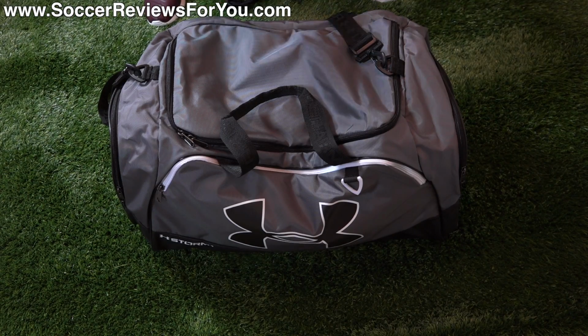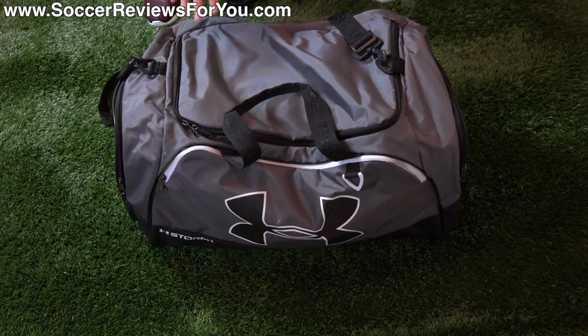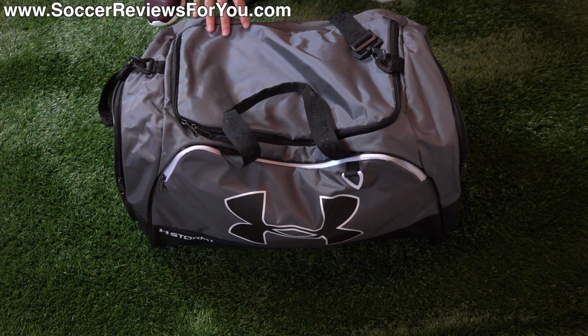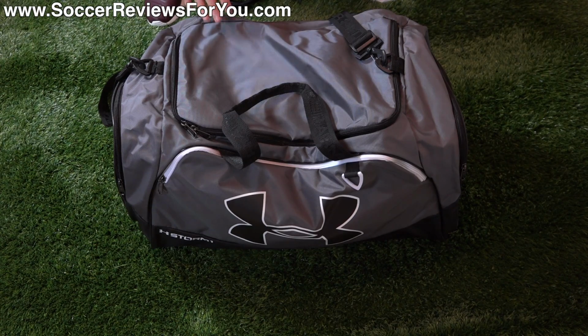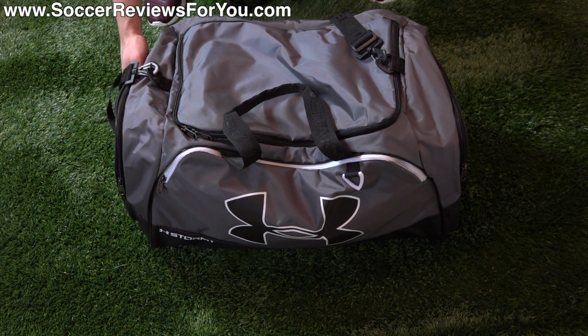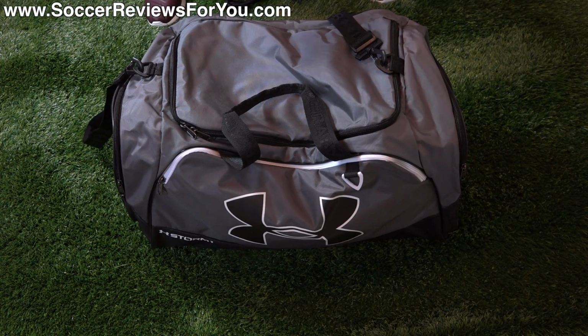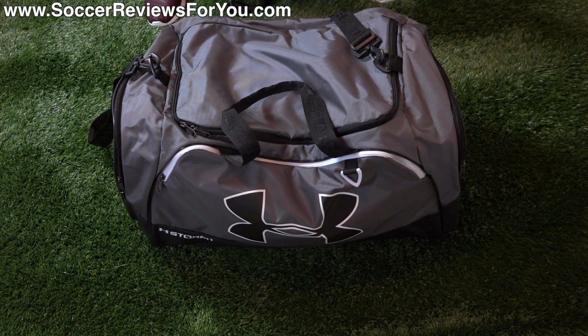Alright, so as you guys can see, I got a new duffel bag this month. This is one that I've had before, just in a different color variation. I really like this though. This is the large size of the Under Armour Undeniable Duffel Bag 2. It's the second variation. Really good quality materials, super heavy duty zippers. It's got the weatherproofing on the bottom, all the straps you can need, pocket on the front, pockets on the side, then obviously a big central compartment as well. This guy retails for $55, and like I said, it's available in a few different colors, but sometimes I don't always take a giant duffel bag with me just because I'm just taking a pair of shoes and a ball